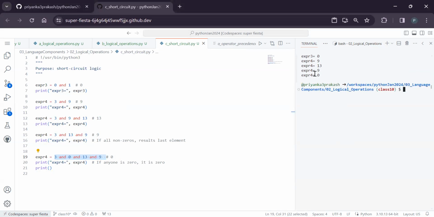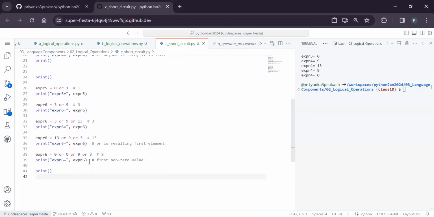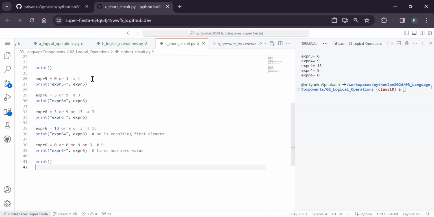If you see what you will get, you get 0. Sir, why am I getting 0? It doesn't matter. At any point, if one of them is 0, the end result will be 0. Whatever you're thinking in terms of logic, true carries a value of 1, false carries a value of 0. AND means it will process all the values and store the last value. Whereas in the case of OR, the things are slightly different. Whichever is the first valid value, or first non-zero value, you get it. When it is 0,